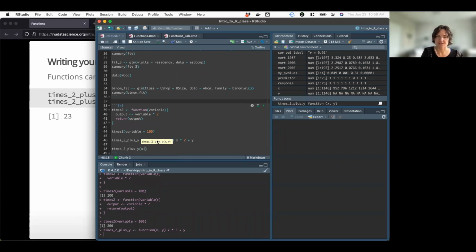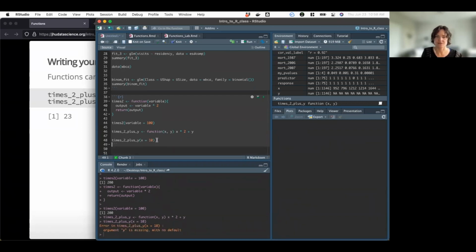Plus y, x is 10, right? But if I don't supply y, it's saying, you didn't supply that. You told me there was an input y up here, but I didn't get it. So got to make sure we supply everything that we use in the meat of our function and as our inputs that are specified. Okay, so